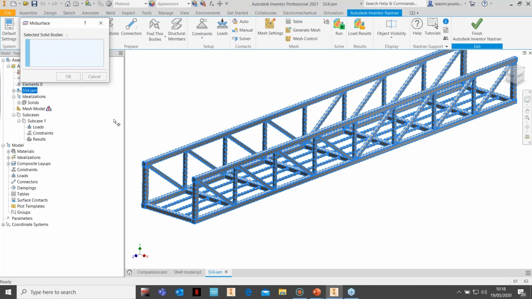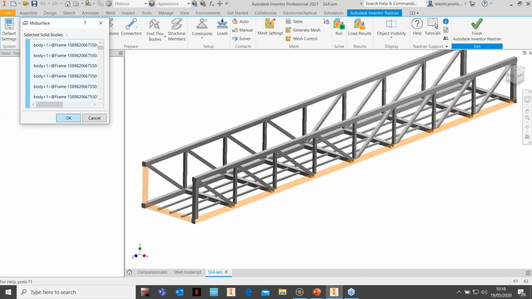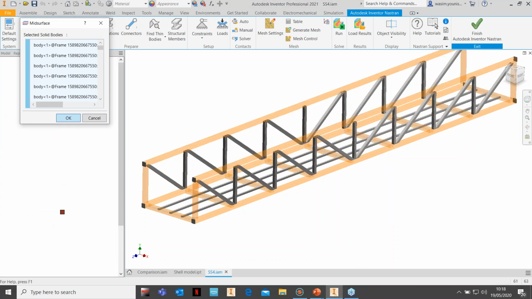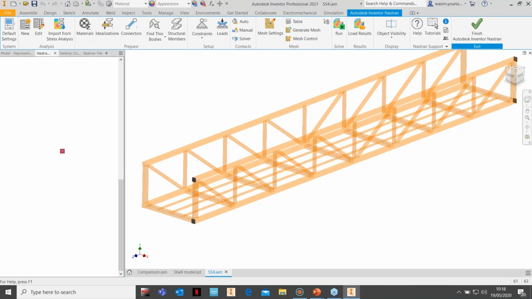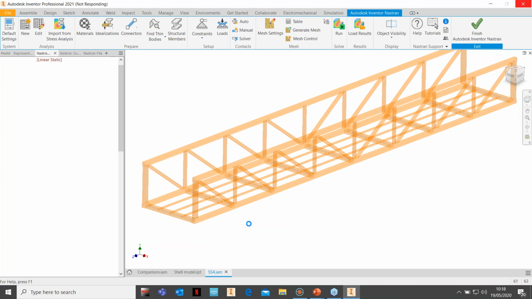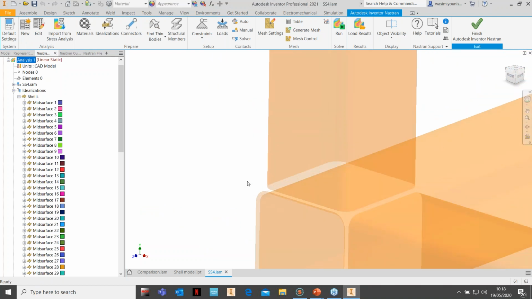Okay, and then what happens is it will go and pick whatever it considers thin, and now obviously if all the box frames were, what Nastran does here, it will create a separate idealization for every single beam, even though they are the same cross section. The other alternative approach is that you're taking a 3D wireframe and doing it like that. So just give it a moment. Okay, now if I zoom in, I just want to show you,